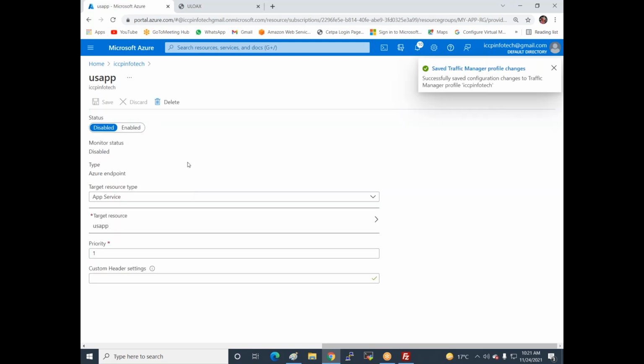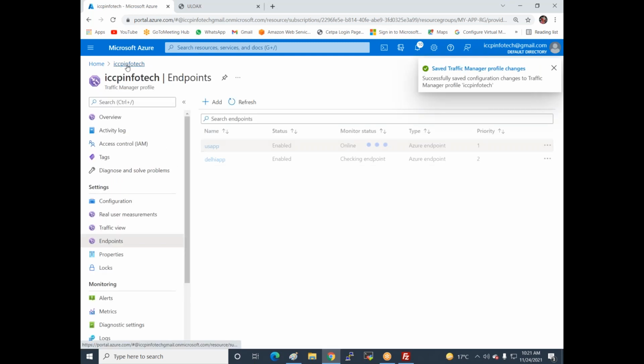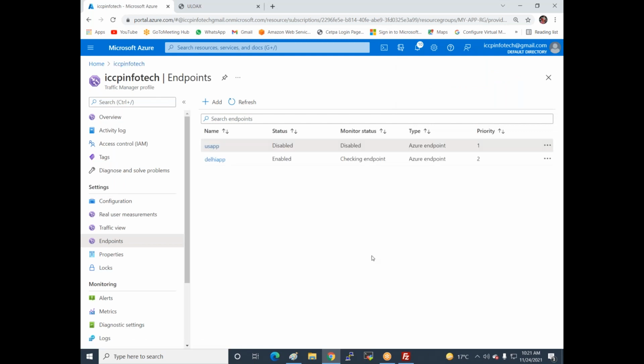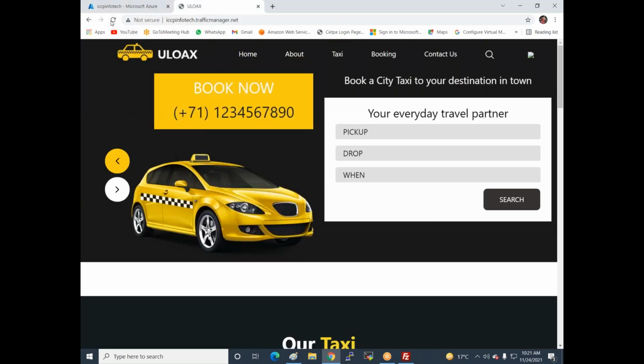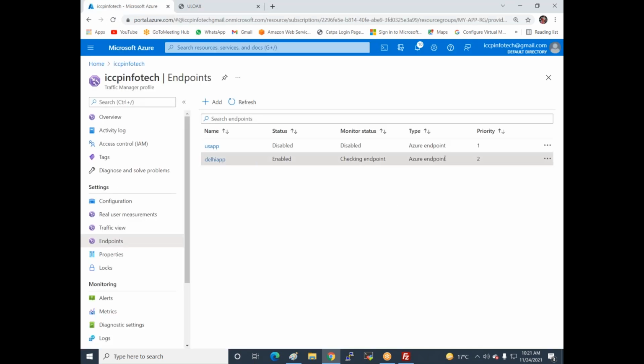When I disable this service and check the endpoint info, this service is disabled. I click on check endpoint and it's enabled. One minute, click and refresh. Wait, what happened? I think there was a problem doing this.